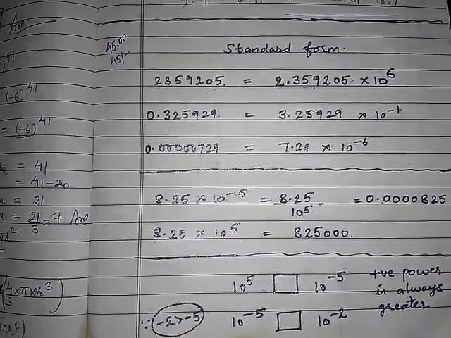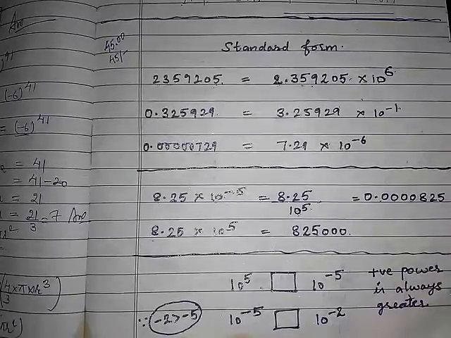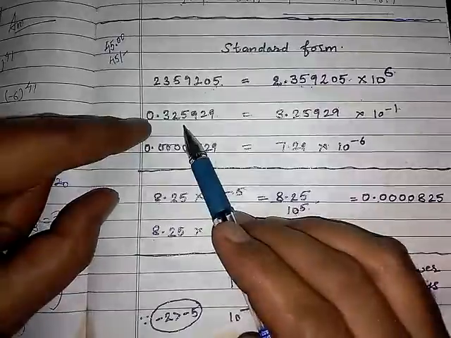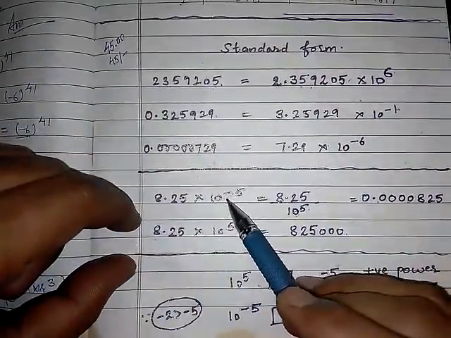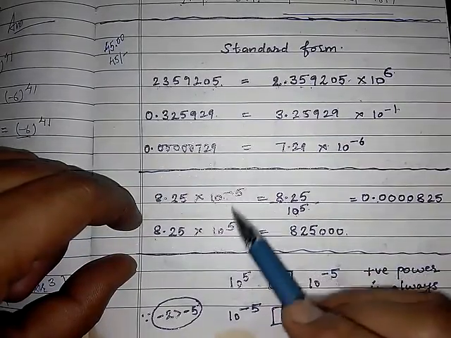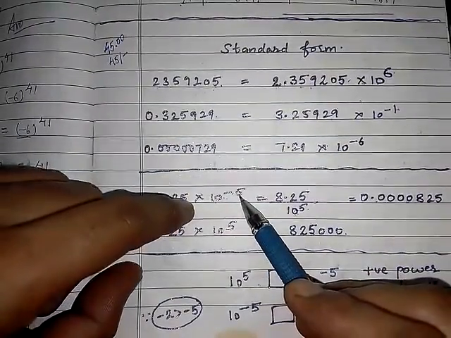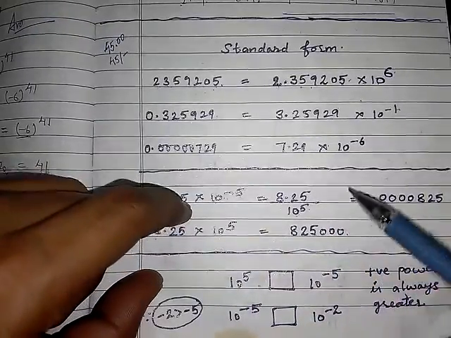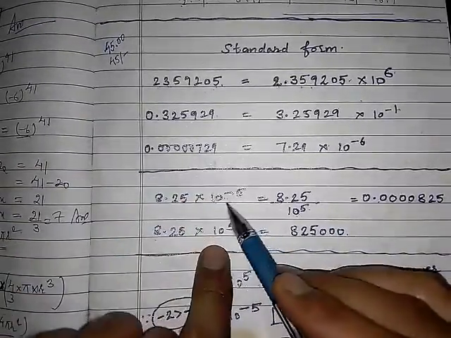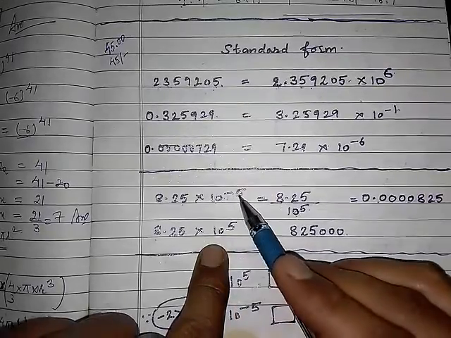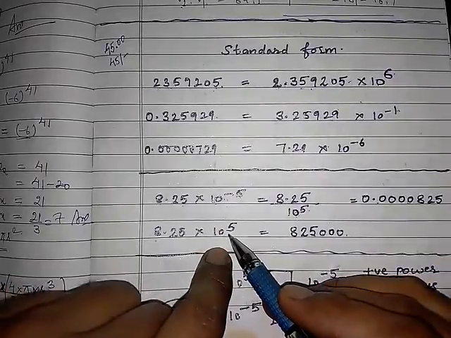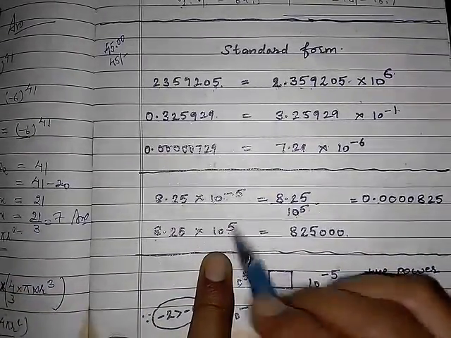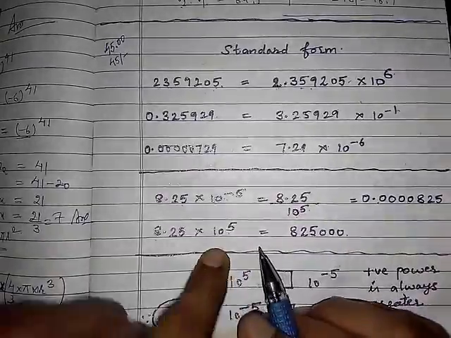Clear? I hope you have understood the standard form and the general form. So you can try yourself at home. Write down some numbers, try to convert into standard form, then try to write down some numbers in standard form with the positive exponent and with the negative exponent. Then try to convert into the general form. Clear? So see here, this is the number with negative exponent, and this is the example of the number with the positive exponent. Clear? So this thing will come in the processing number 2. So keep it in your mind.